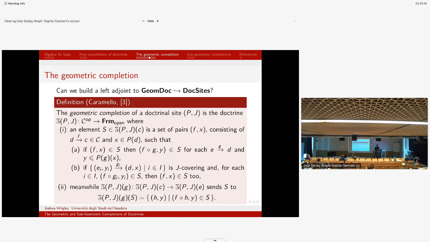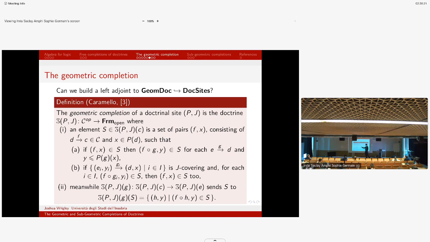This appears in Caramello's preprint under a different name, the fibred ideal completion, where she had a weaker universal condition. But this is the explicit description. And it looks a lot like the existential completion, because we're taking these sets of pairs (f, x), again an arrow in my base category and something in the fibre of the domain of that arrow, which are closed under the order that we had on the existential doctrine. But we also have this extra condition, which is this J-closedness condition,